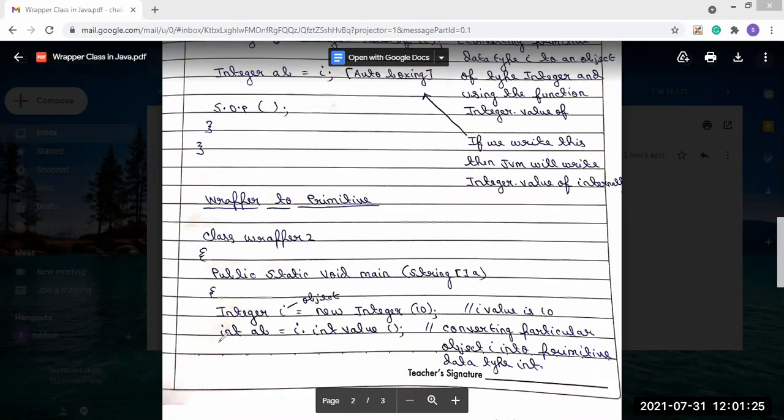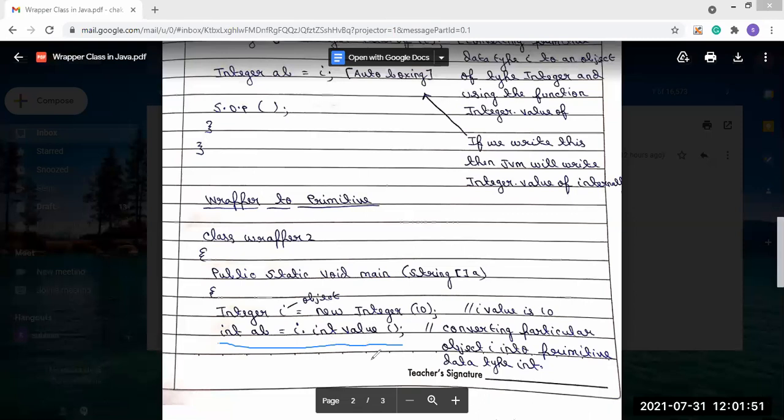We have seen explicit conversion of wrapper to primitive and then the autoboxing concept. Now we will see first explicit conversion of object to primitive, and after that unboxing. Here it is written int ab = i.intValue().